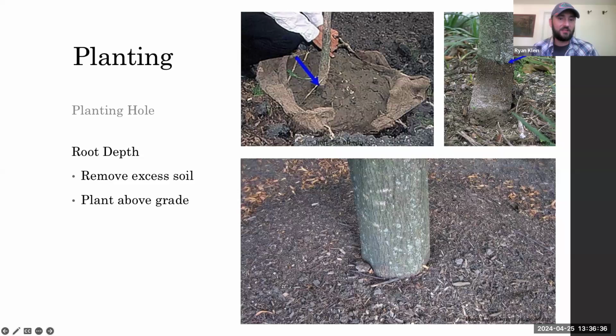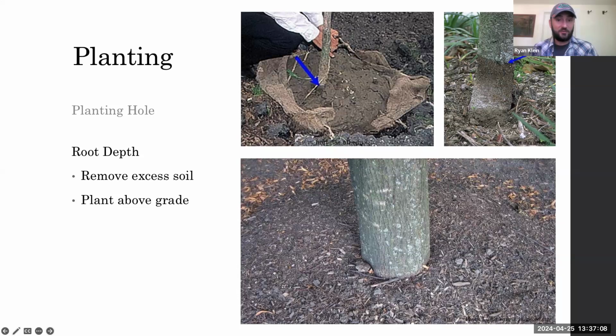So if you were to plant the tree level with the ground or a little bit deep at that point, that trunk flare is buried even further. And when the trunk flare is buried, you have opportunities for circling roots, adventitious roots to develop. And then you could basically choke off the vascular tissue of the tree. Can result in stability issues as well. So we want to make sure we're planting just slightly higher. And like I said, this is really important with containerized trees too. But remove all soil you need to until you can find that trunk flare.